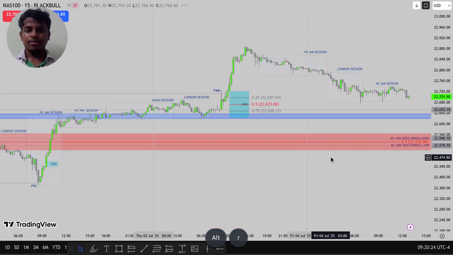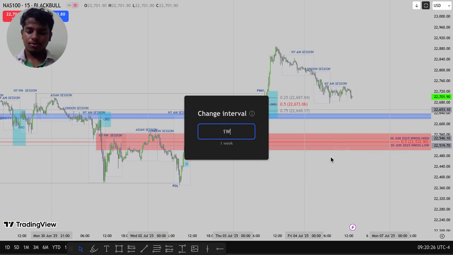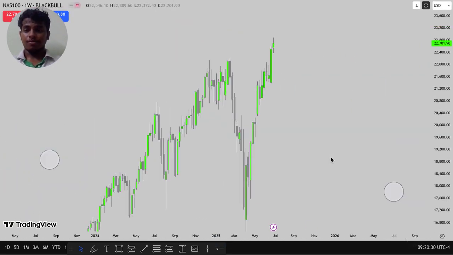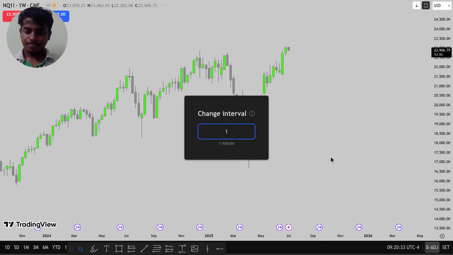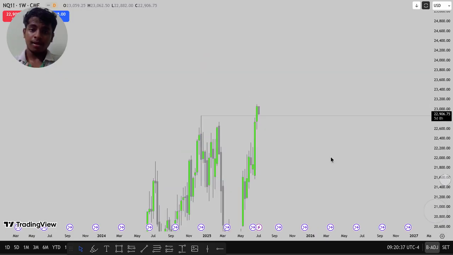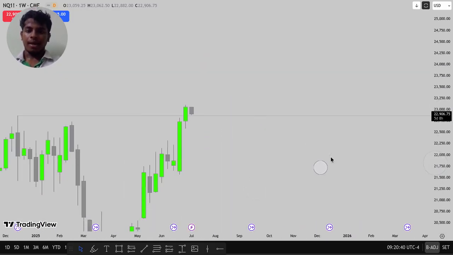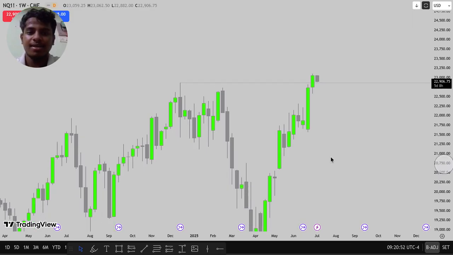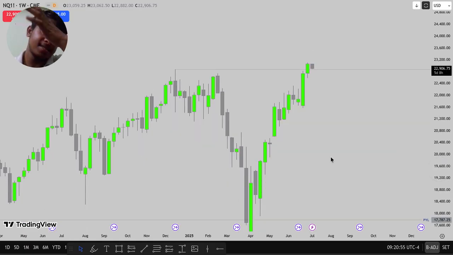Those are the things I want to discuss here, and I want to talk about what will happen in the future. That's the important thing. According to me, whichever candle takes the liquidity, that candle is really very interesting to see and to treat as a good PDRA for coming days.